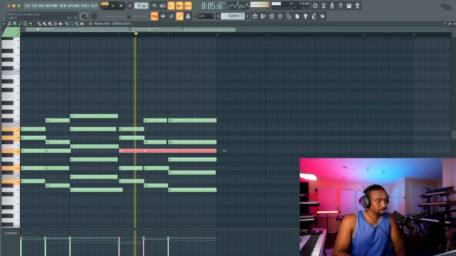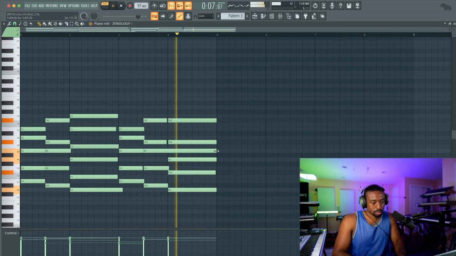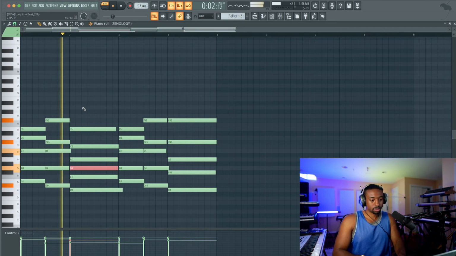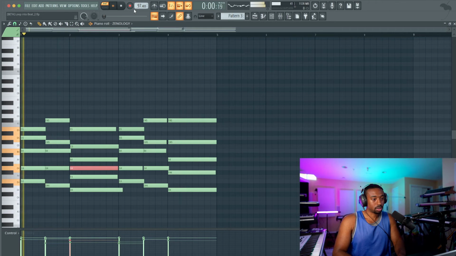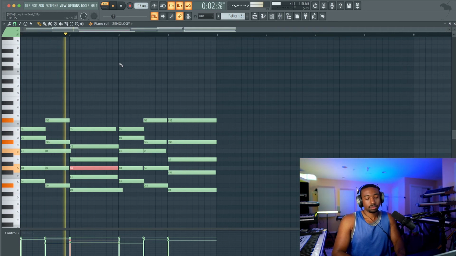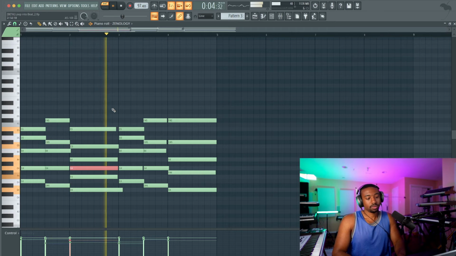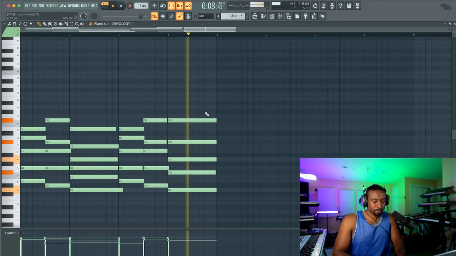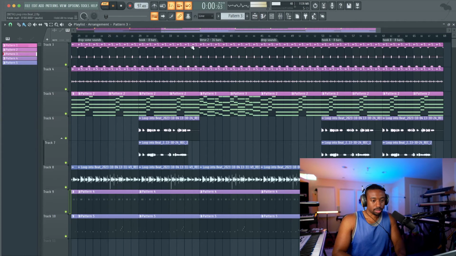Any overlapping notes, hit Alt L to make them not overlap. So now you can revoice this chord. That sounds cooler. Yeah, that sounds much cooler.